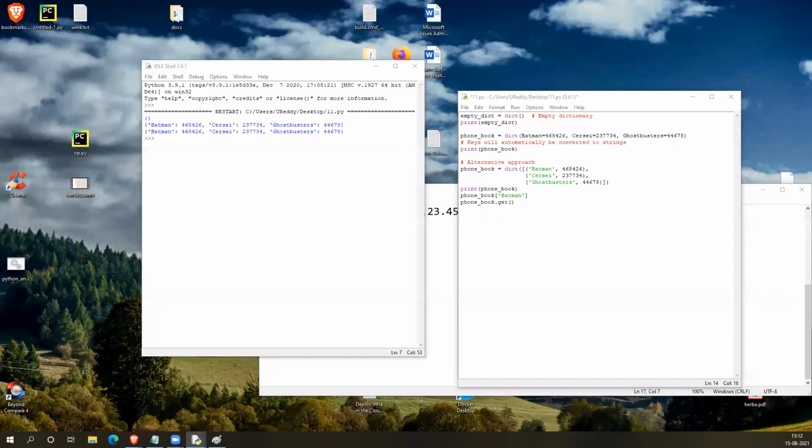In the get, I will mention the key value like this. That way also I can access. These are two options.